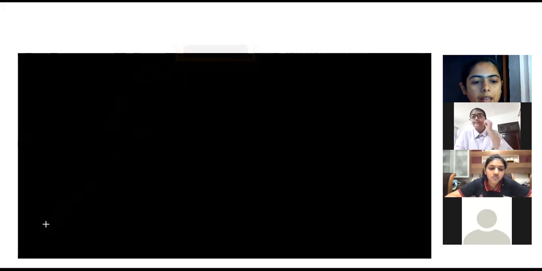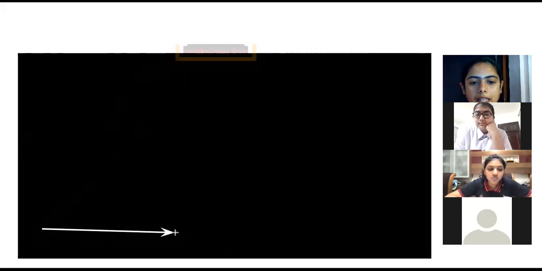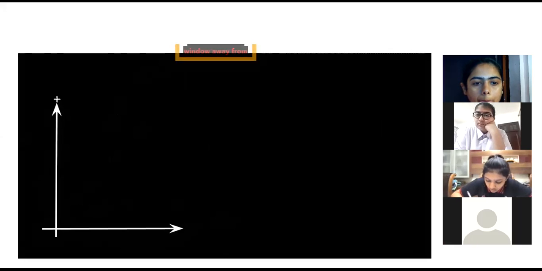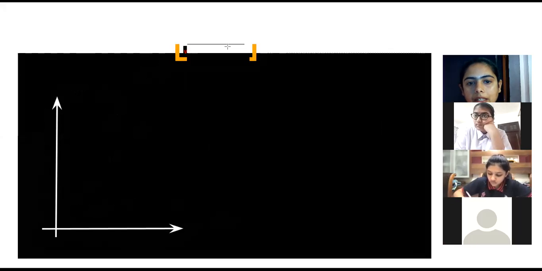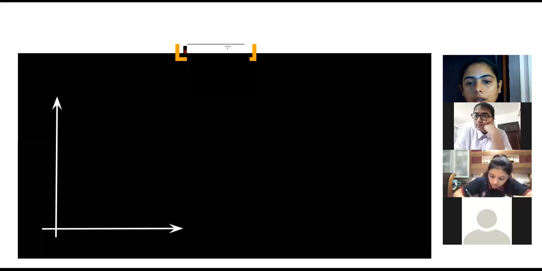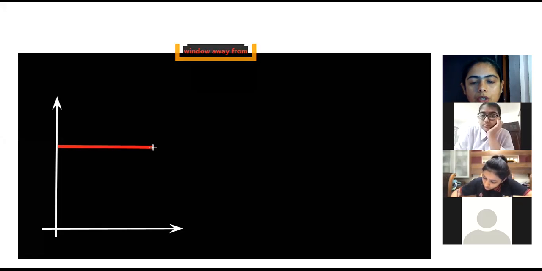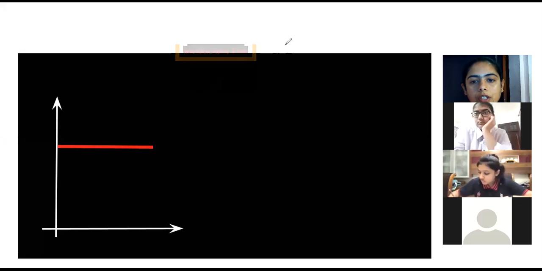So in velocity time graph, one side we will be having the x-axis, one side we will be having the y-axis. And we did that in the velocity time graph. If you are getting a line parallel to the time axis, that shows uniform motion. Now this line shows uniform motion because with respect to this, you will be having some value of velocity. कुछ ना कुछ velocity की value जरूर होगी with respect to this point.